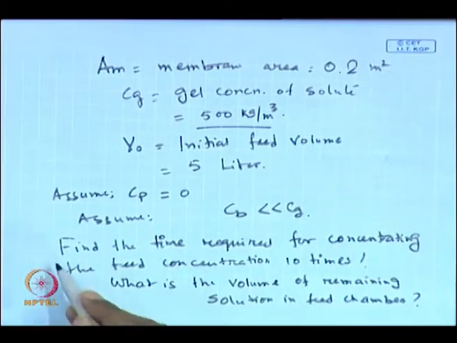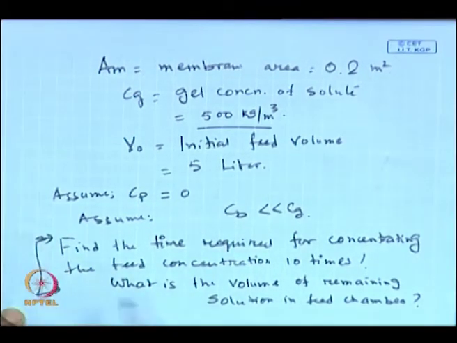So, basically, this will be a very important problem for anyone who will be doing biochemical, biotechnology experiments. You would like to concentrate a particular protein solution from a particular concentration to, let us say, 5 times of that, 10 times of that. So, the volume will be much less, and if all the specifications of the membrane or ultrafiltration system, like the channel, dimension, geometry, area, etc., are known, because you are having the system at your disposal, how long you will continue this operation, what is the time required, that we are going to find out in this particular problem. Okay. So, let us look into the solution.